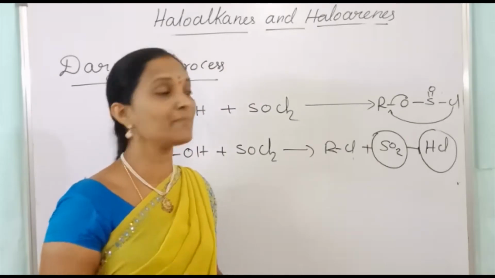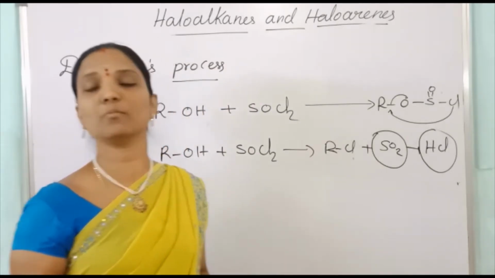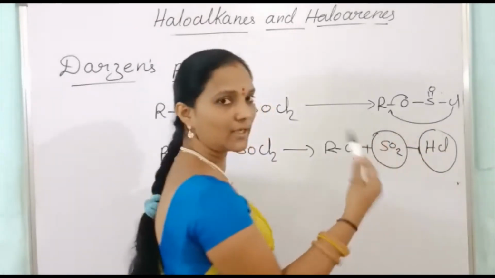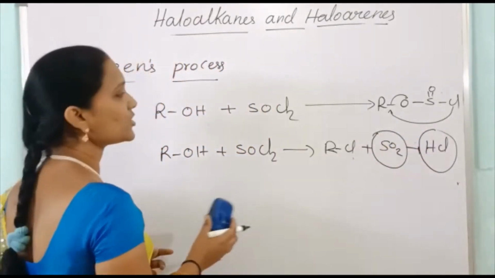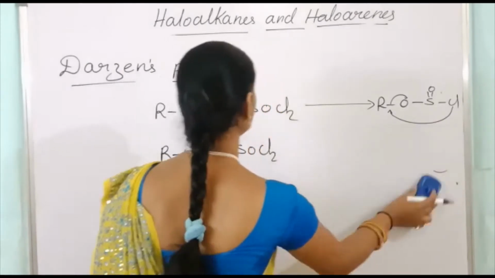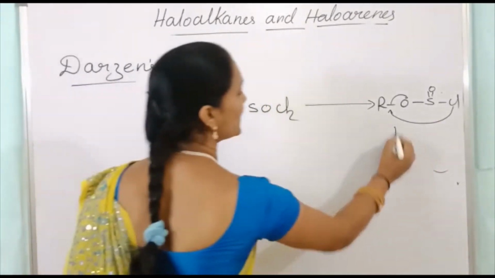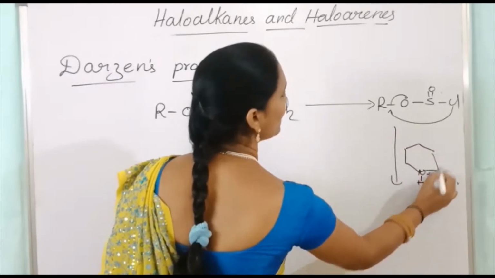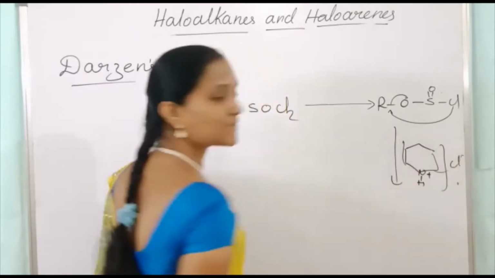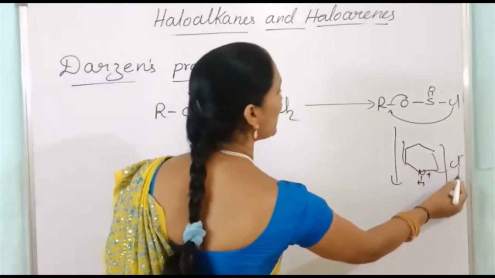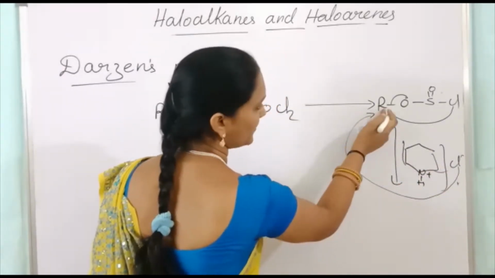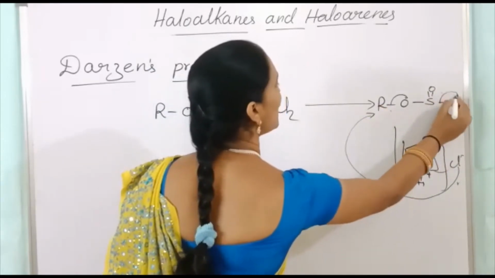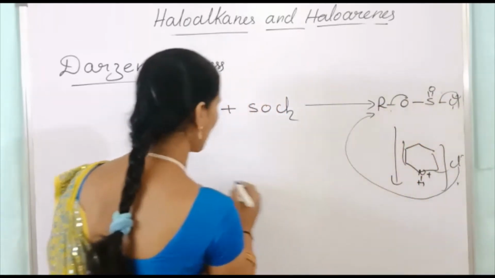The byproducts SO2 and HCl are both gases, and the inorganic ester formation structure is retained. But the same reaction in the presence of pyridine gives pyridinium chloride, with Cl minus as the nucleophile. This Cl minus attacks from the back side of R, and the elimination occurs as usual. This also eliminates, and Cl attaches to this.